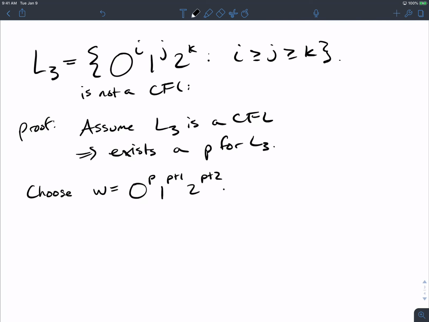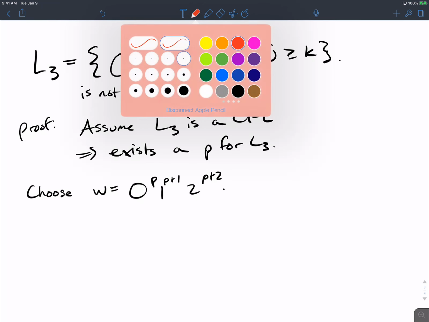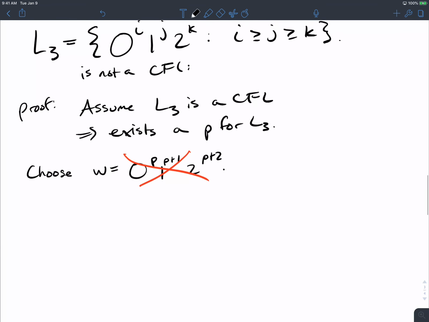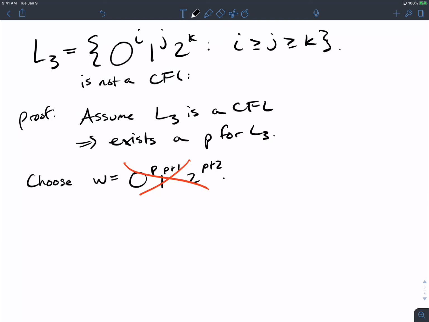Go ahead. It's not in the language. Oh, sorry. You're right. Well, yeah. So why would I not pick this string? It's not in the language. Okay, good. Yeah. I hammered on pick a string in the language, and then I goofed up myself. The reason why I picked it was in CSE355, I remember it's not greater than or equal, it's less than or equal, so it would work then.